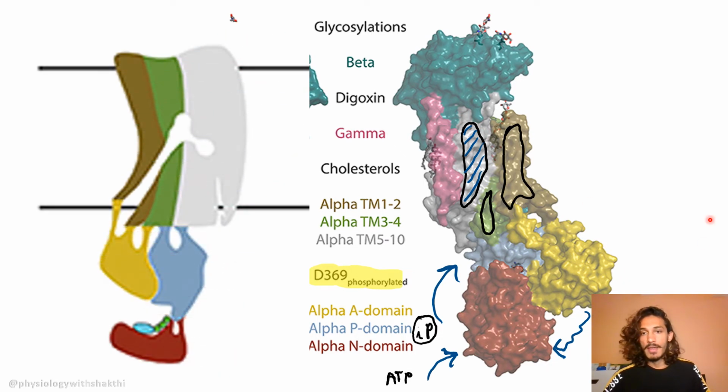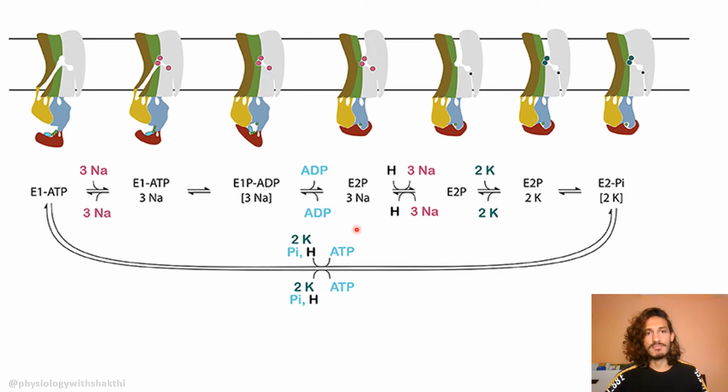Okay, so you can see a pictorial diagram of the same thing. You can compare it over here. This is the nucleotide binding N part. You can see that the ATP is already bound over there, and we have this part which is the P part, and this is the actuator part over here, and this is the transmembrane. You can see the membrane over here, and the transmembrane region consisting of 1 to 2, 3 to 4, and this is your 5 to 10, and you can see that the binding sites are over here. Okay, so this looks very complicated, so I'll just simplify this whole thing